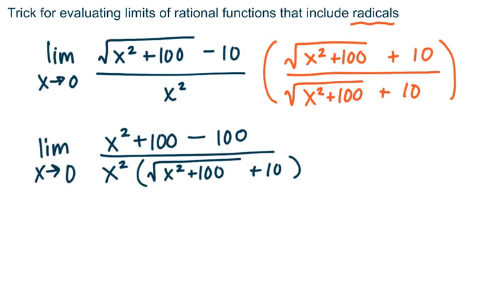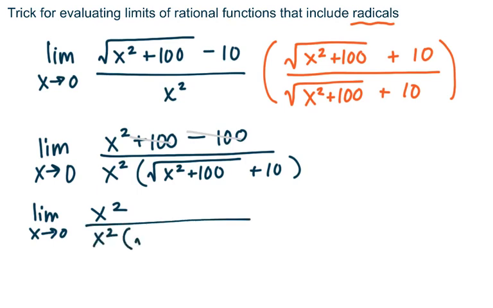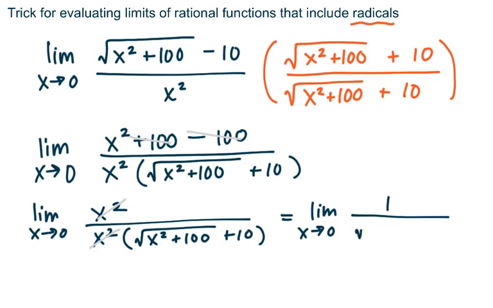So we're manipulating the numerator to get rid of that square root. And what we notice, plus 100 minus 100, those are going to cancel. So I have the limit as x approaches 0 of x squared over x squared times the square root of x squared plus 100 plus 10. And you'll notice now I have x squared over x squared. This leaves me with the limit as x goes to 0 of 1 over the square root of x squared plus 100